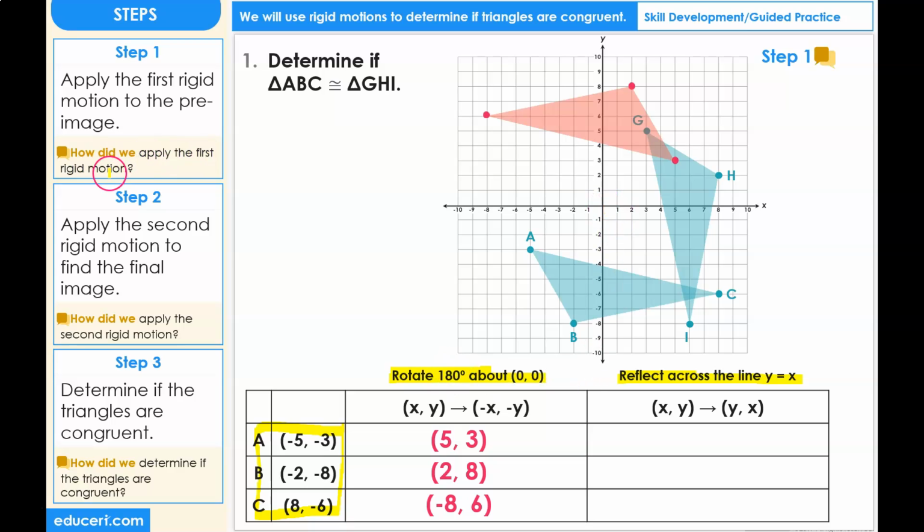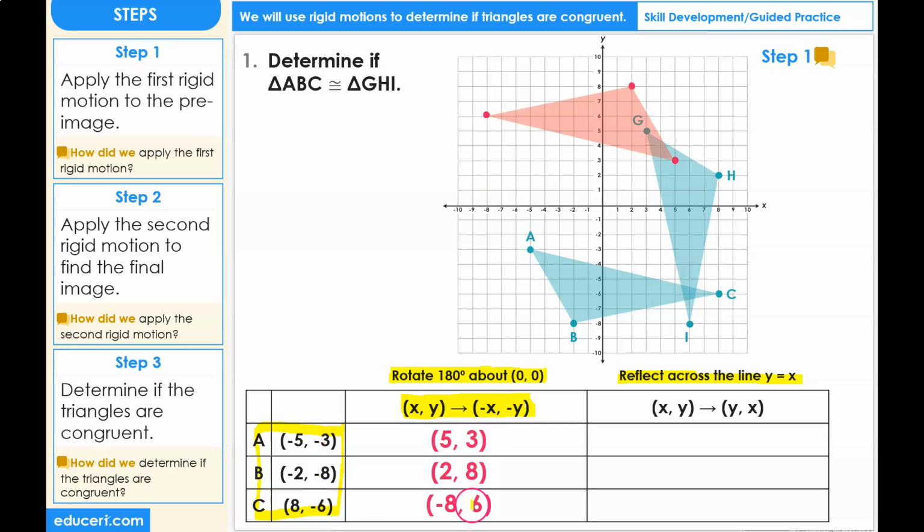How did we apply the first rigid motion? We applied the first rigid motion, rotate 180 degrees about the origin, using the specific rotation function for this rigid motion, and taking the ordered pairs of our previous triangle and finding the new ordered pairs